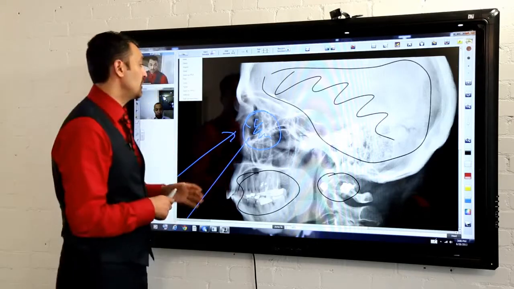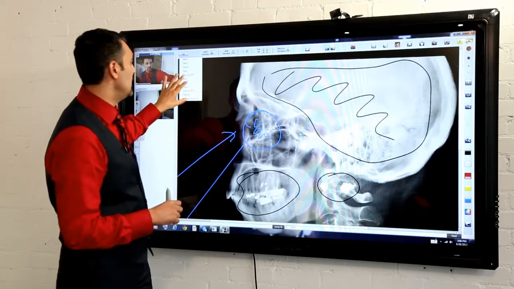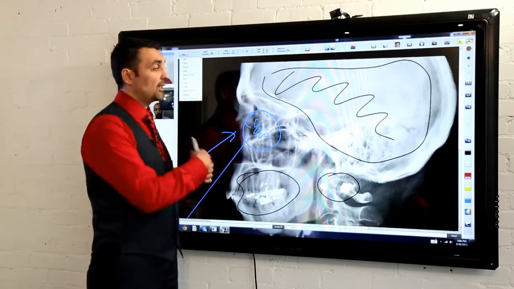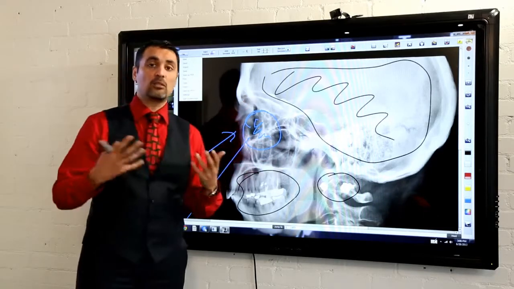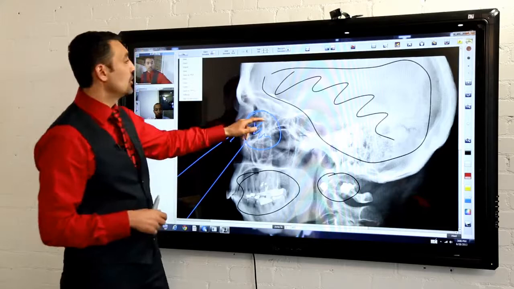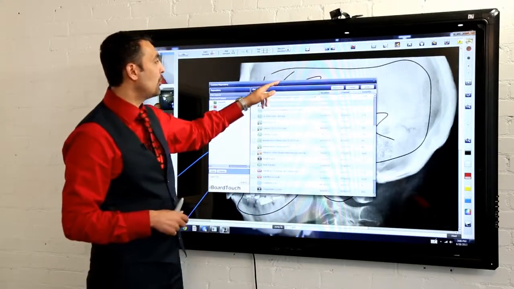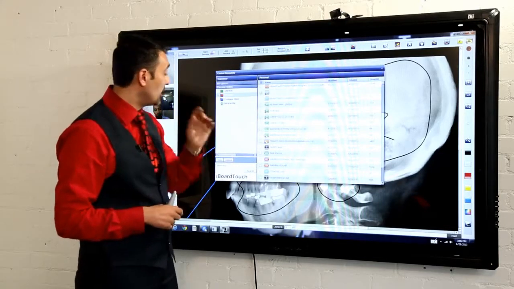document still intact. So the original documents have no annotations, but now as soon as I say save as PowerPoint, as long as I've got Microsoft PowerPoint installed, it will open up all the pages as slides within Microsoft PowerPoint. So the other sort of feature we have within the iBoardTouch VCC software is, once I've